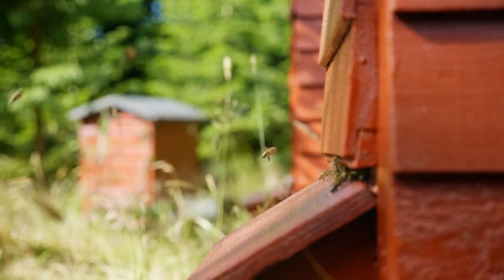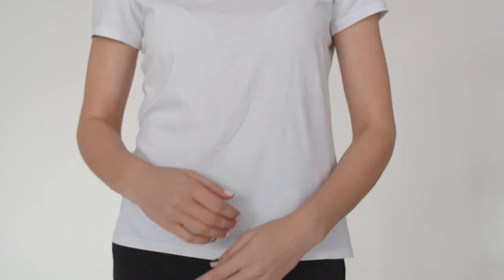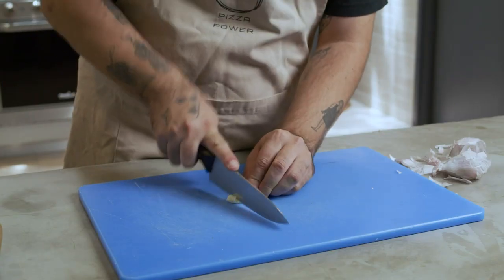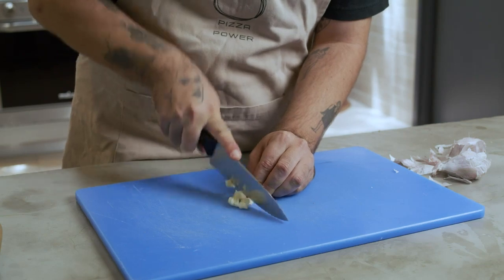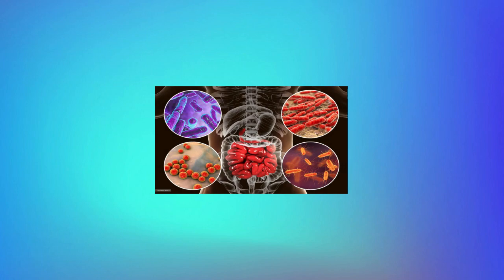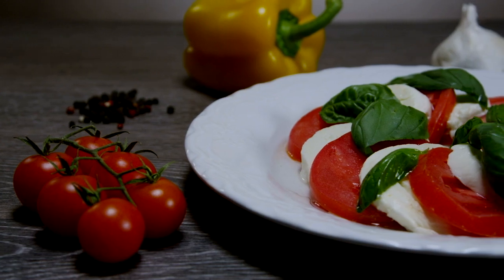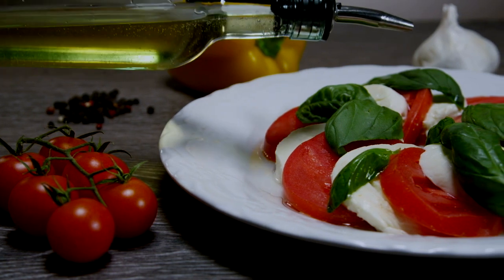Honey has properties to maintain immunity. In addition, it can also help cure various diseases, and garlic is known as a prebiotic, which contains compounds to stimulate the growth or activity of beneficial microorganisms for the body. But did you know that when you combine honey and garlic, you get a powerful natural remedy that can help